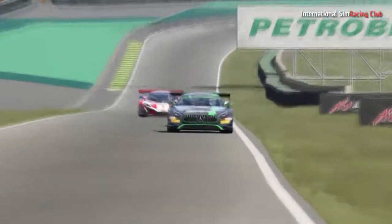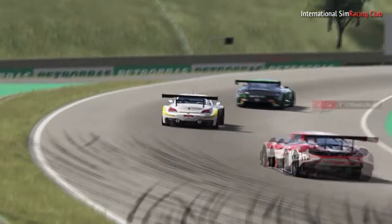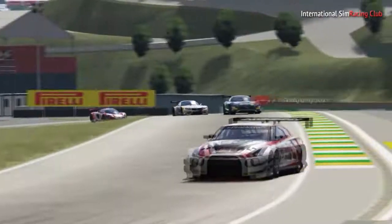He's not going to drive that out of there. This will be the first deployment of the safety car. The Bathurst Regional Council takes great pride in the depth of their gravel traps and the ability to...